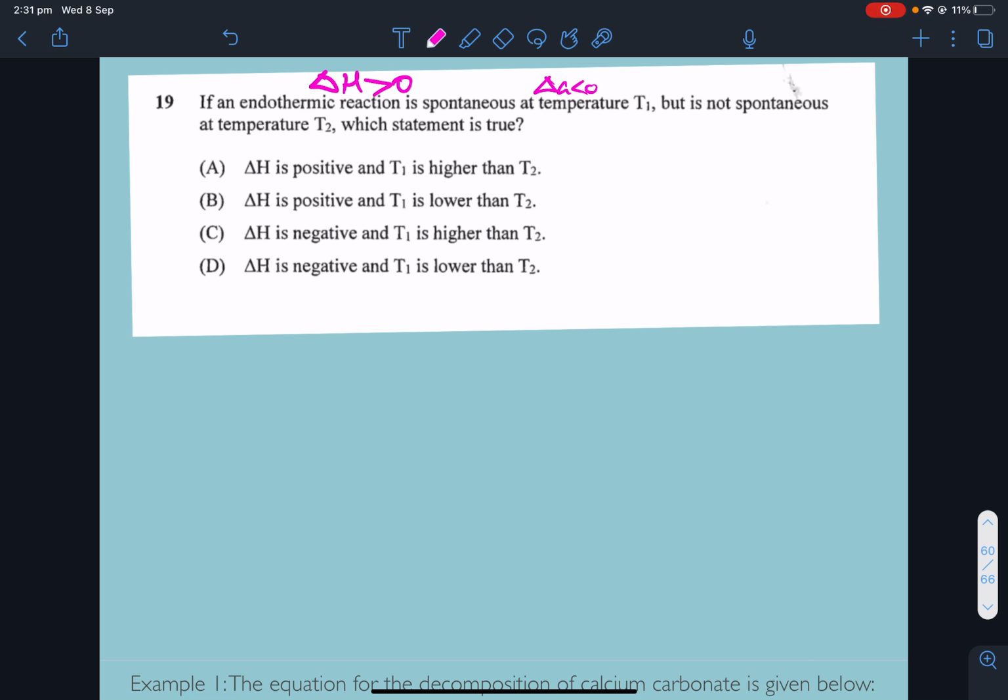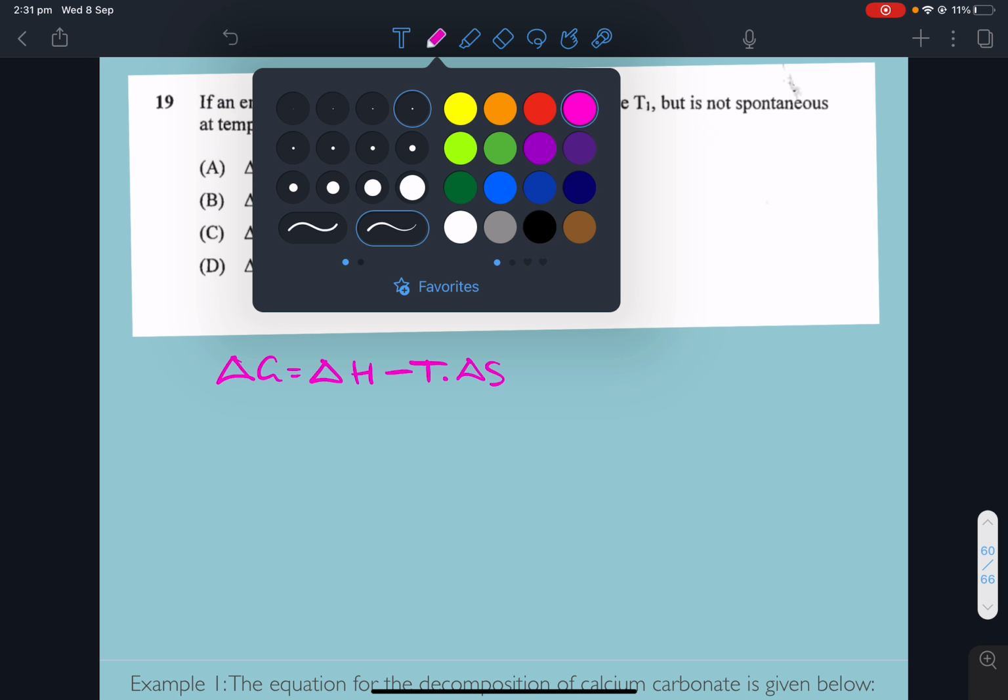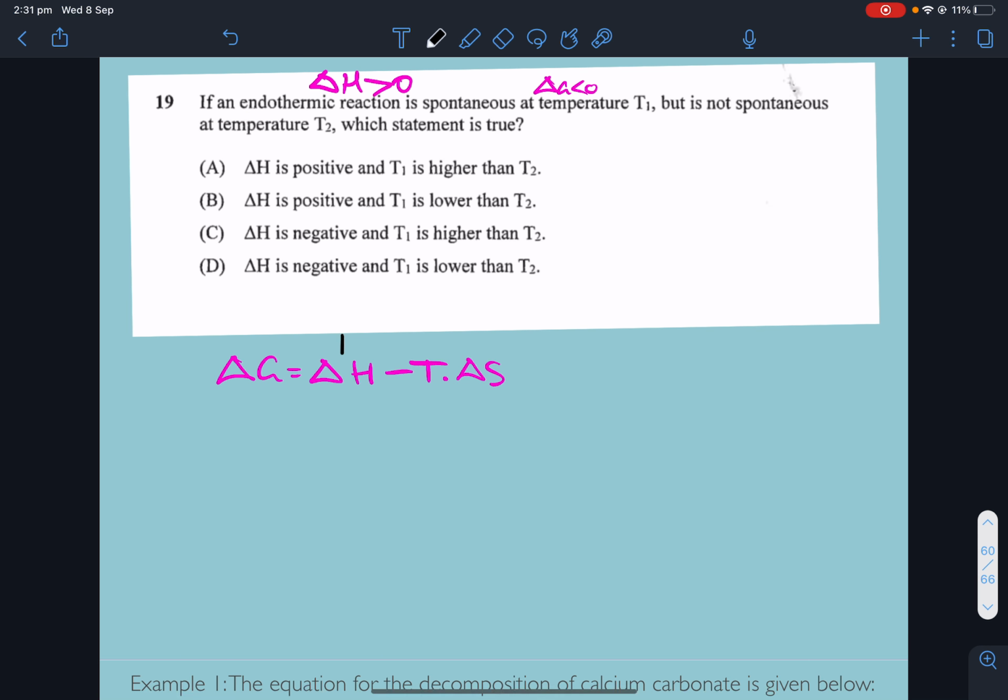Okay, so let's put in Gibbs and start thinking about it. We know from the question that delta H is positive. So if we've got a positive enthalpy minus some other value here,